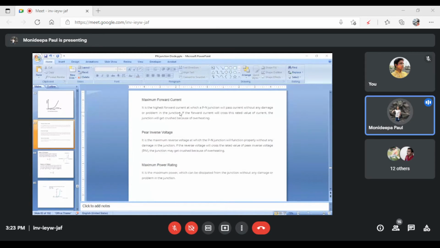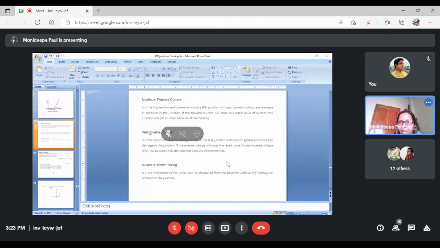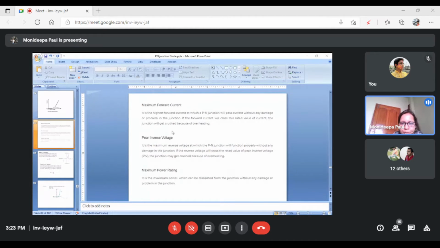Next is the peak inverse voltage, not the PR. This is the peak, PEAK. Peak inverse voltage. Can anyone tell me whether this is a reverse voltage or a forward bias voltage? Inverse voltage means reverse voltage. Reverse. That means, from the figure you see,